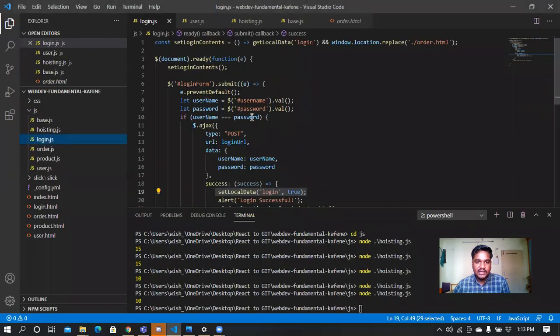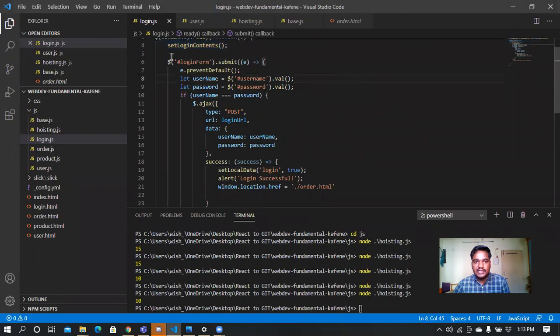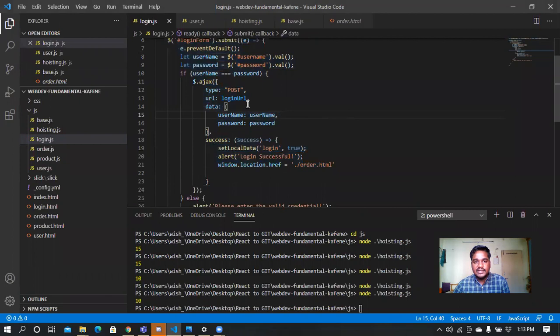As you can see in the login form, I've used the document.ready function, which is a jQuery function, for loading of pages. After the user clicks on the login form, it checks whether the username and password are correct, and on success it sets local data to login and true, wherein login is the key and true is the value.